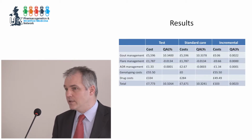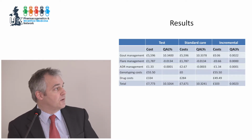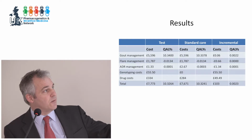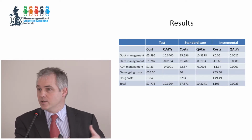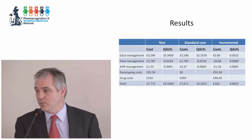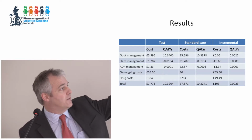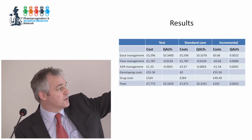Now, this is the main findings, and apologies again, this is a rather busy slide, but what we did was separate out the costs associated with care and the QALYs associated with care for both the test group and the standard care group. And we divided it by different categories of costs and